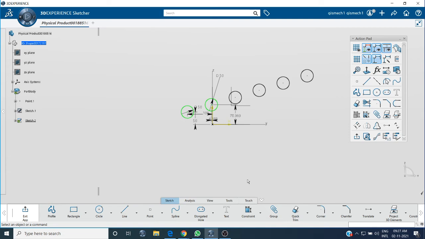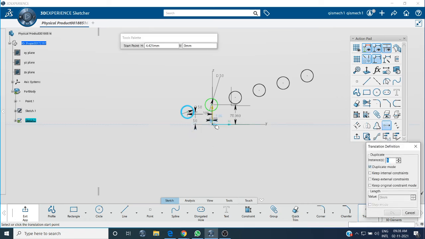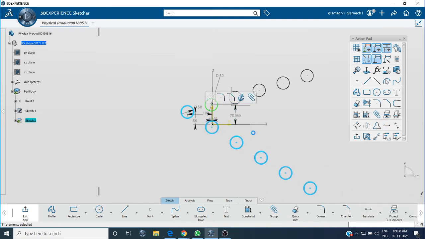Okay, I think translate is understood. Let me do the translate again. Select the profile, translate with respect to the center point. See the translate. Okay, 5. I think translate is understood.